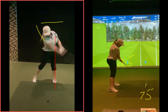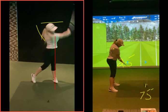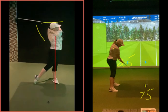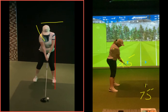And then through the ball now, that looks incredible. I mean, such a good release of the arms there, the club. Your torso's rotating through. There's no slide. You're not moving excessively there. And the good thing as well, you're in balance, if we just look at the whole swing in a sort of full momentum,